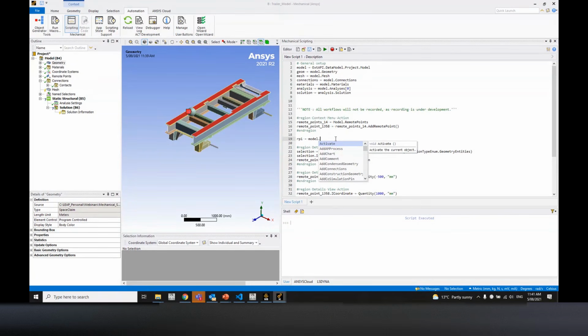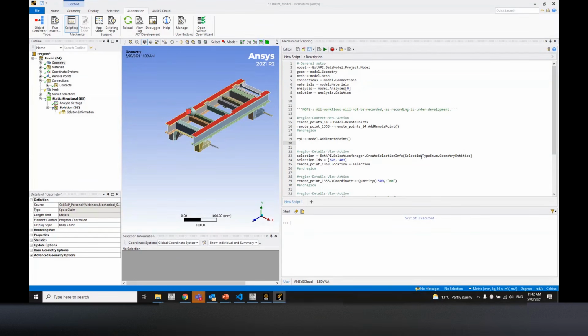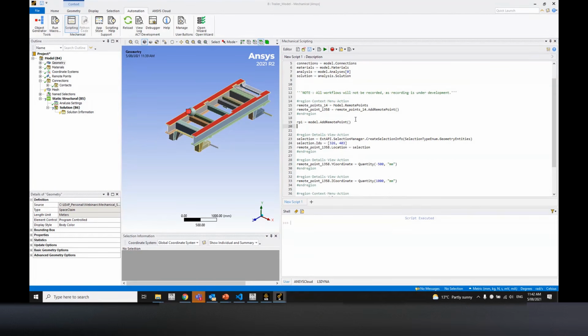Okay, so in this case, I want to add a remote point. So add remote. There you go, add remote point. It's a function. What it says is creates a new child remote point, returns the object created. Okay, so I'm going to hit enter now because it'll automatically fill it out. And because it's a function, you need to have parentheses at the end. So that's RP1. And then what do I do? Once you've created a remote point, I select